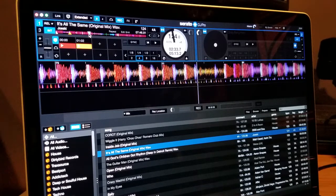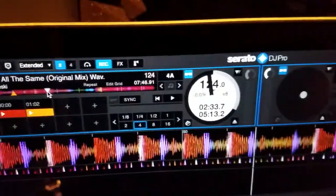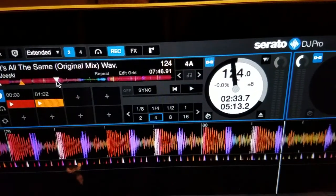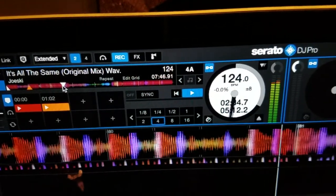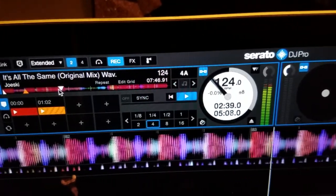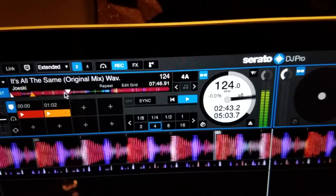Anyway, I started in Serato. I'm going to show you levels real quick of where I'm doing it. You can match if you want to. On the track gain, we're right there. I just want to tap into those oranges, but not even get close to that top red at the peak of your track. From there,